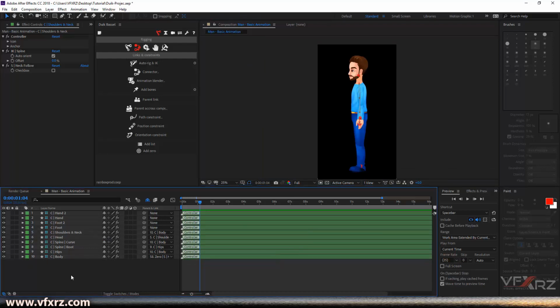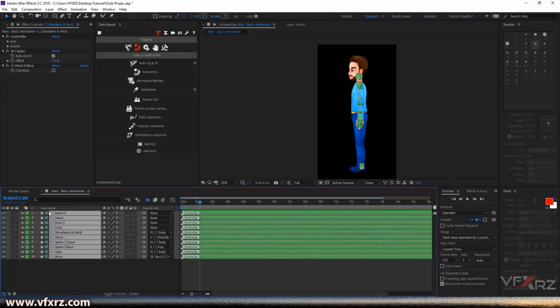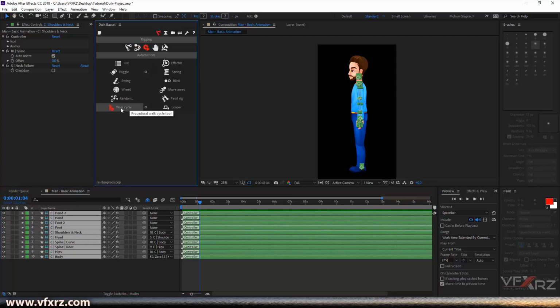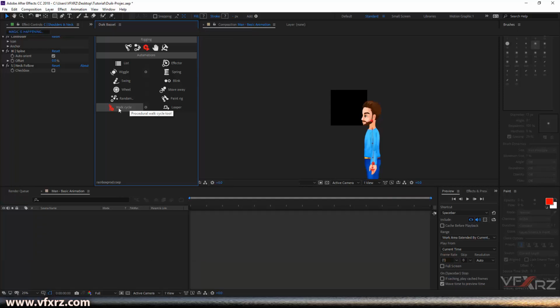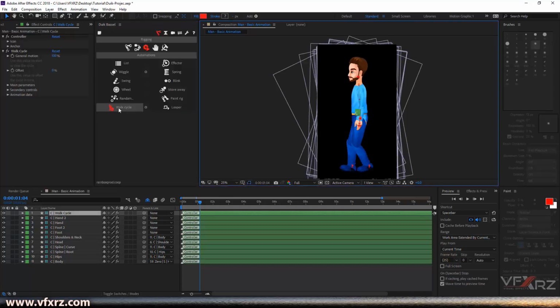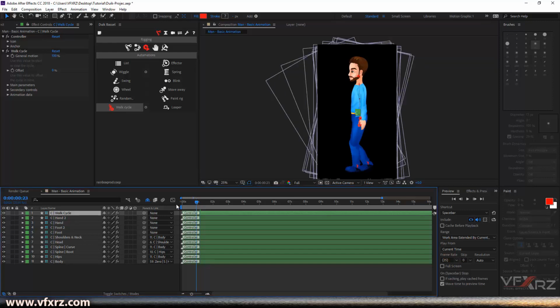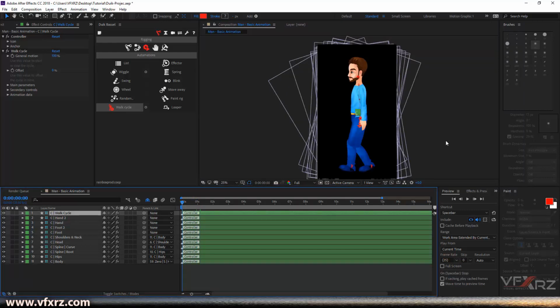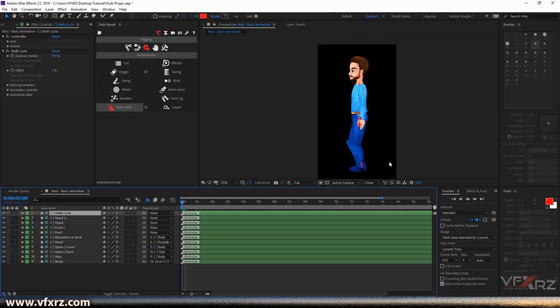And now if you want to create a walk cycle, it's very easy. Just select all these controller layers, and then here in automation, select walk cycle, and wait. Very good. Now when you play that, okay, here, as you can see,